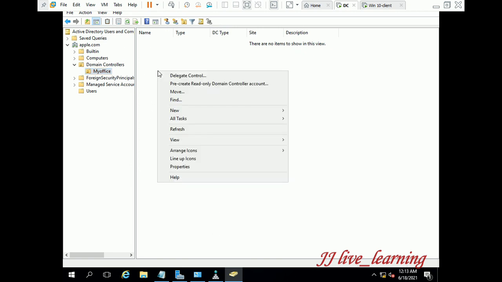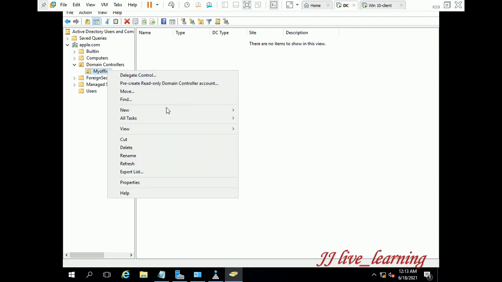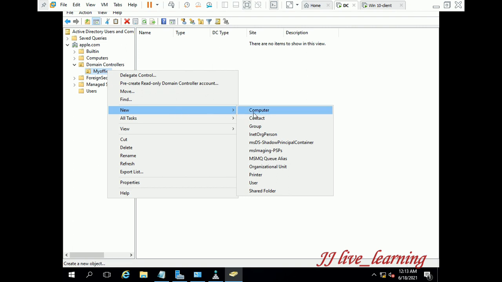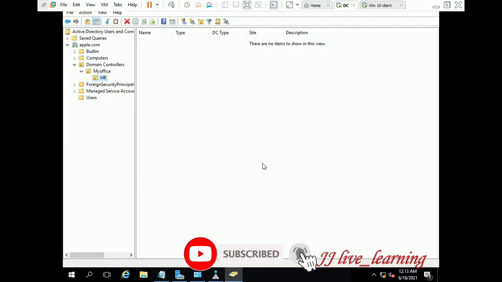So now we are creating an OU. That is My Office, one of the OUs. In My Office, we are creating sub OUs department-wise, like HR, marketing and sales. Like that we are creating. So first we are creating HR as one of the OUs.